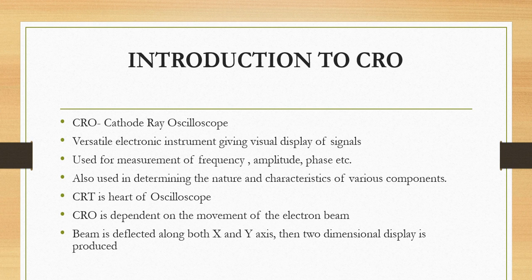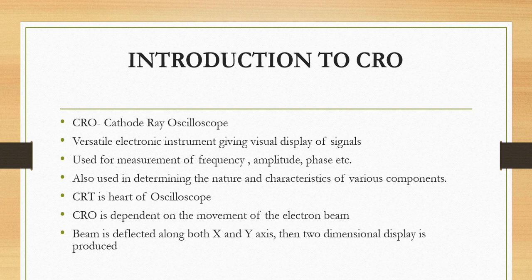We will see afterwards in animated videos how that is possible, and this produces the time dependent variation of the input voltage. Again, the beam is deflected at a constant rate, the x axis contains the time, and it is deflected along the y axis in response to the input voltage, producing the time dependent variation of the input voltage. That's why the heart of the oscilloscope is called the cathode ray tube, which deflects the beam of electrons to make the applied signal visible.